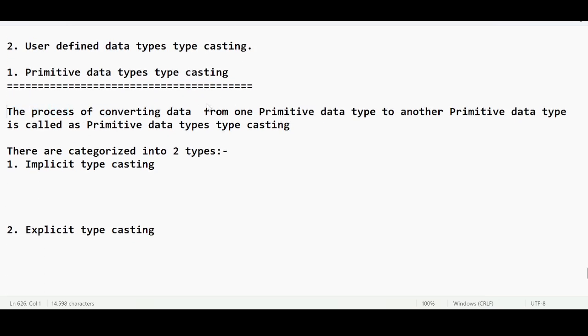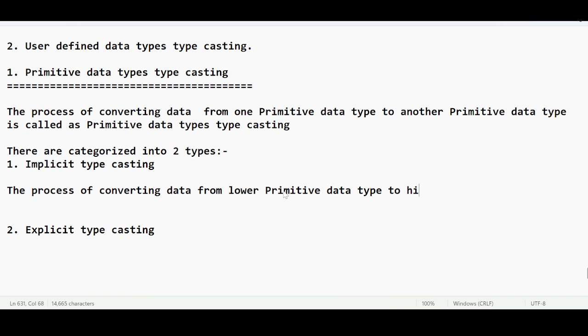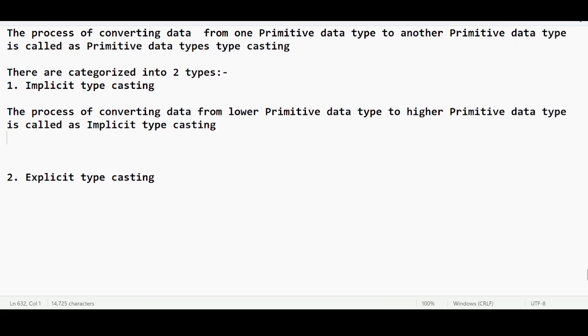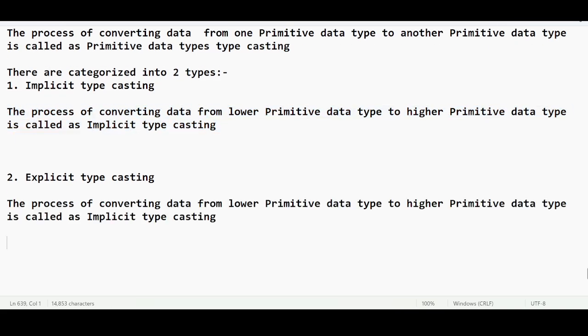The process of converting data from lower primitive data type to higher primitive data type is called implicit typecasting. What is explicit typecasting? Same thing, written vice versa: the process of converting data from higher primitive data type to lower primitive data type.